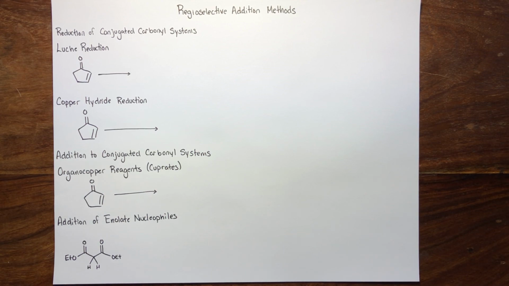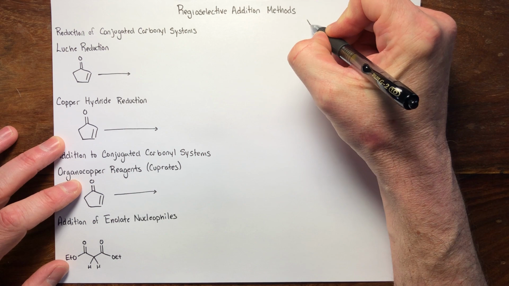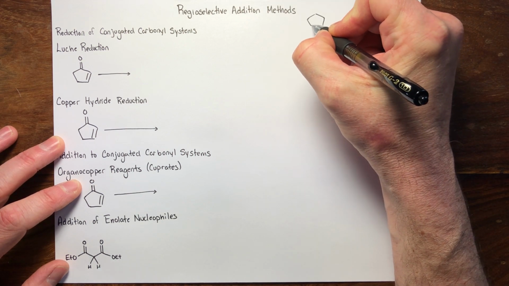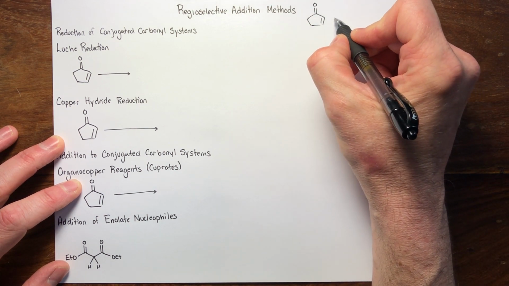Now that we're familiar with the factors that influence 1,2 versus 1,4 regioselectivity, I'd like to take a look at a couple of specific examples that demonstrate this regioselectivity in action. Before we start, I just want to remind ourselves of the reduction of an alpha-beta unsaturated carbonyl system with a